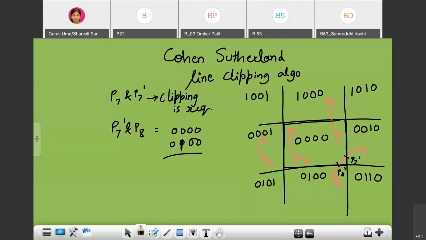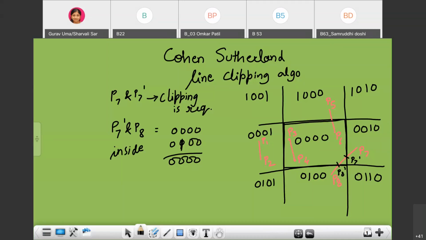If this is the code, then the AND result will be 0000, which means the output is all 0. So the line P7 dash and P8 dash lies inside the window.